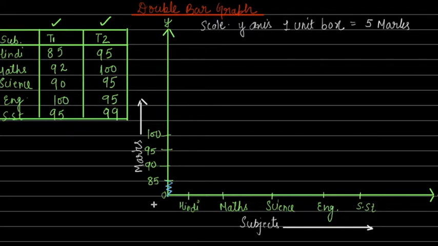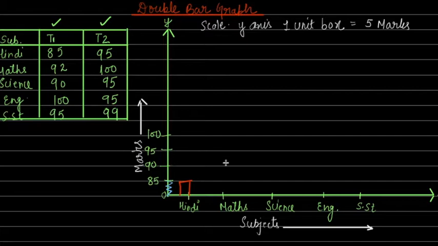Again the same thing, this is your origin, horizontal line x-axis, y-axis. The meeting point is called origin O. Now here again there is a kink you see, because we have suppressed all the values from 0 to 85 and otherwise there is a gap of 5 between the scale. Now Hindi term 1 is 85 and then term 2 is 95. So Hindi term 1 is 85, right? So suppose I have taken Hindi as 85.